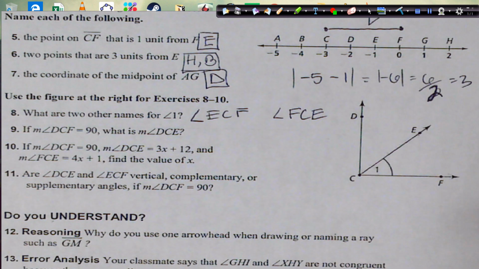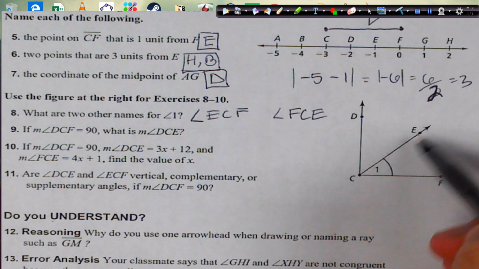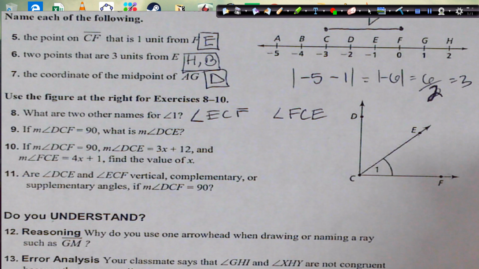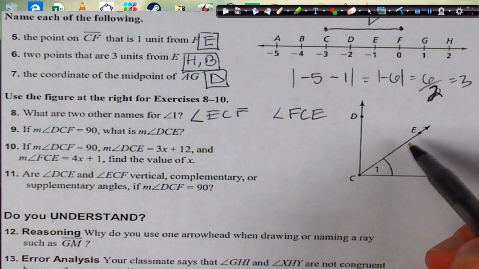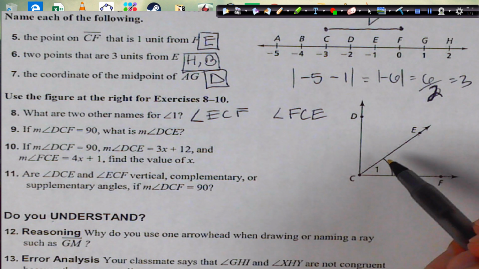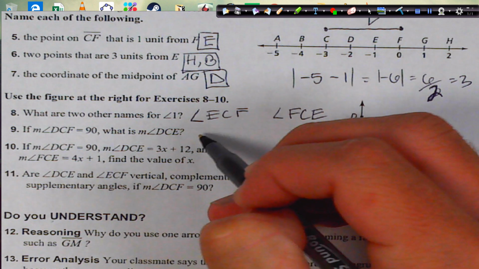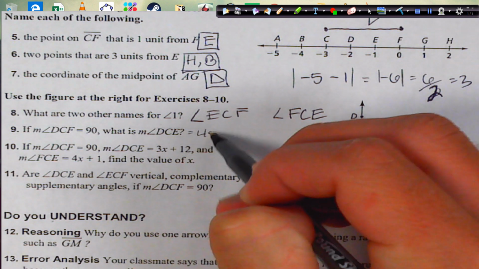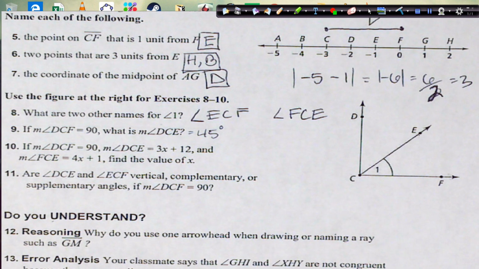DCF is 90 degrees, so what's DCE? It was supposed to say that CE was bisecting for this problem. It didn't, so the only way you would know is if it said that CE bisects, which it does, which would make it cut in half, so it would be 45 degrees. Okay,